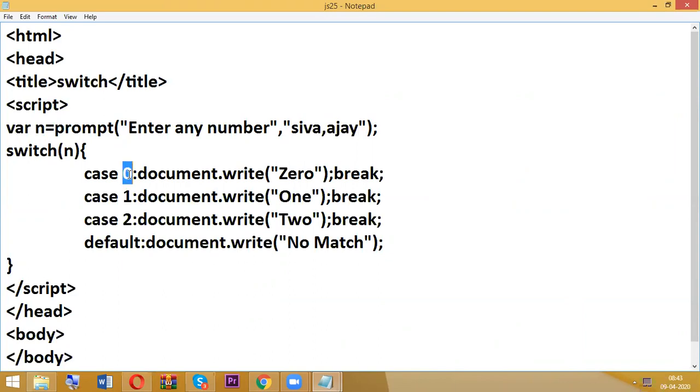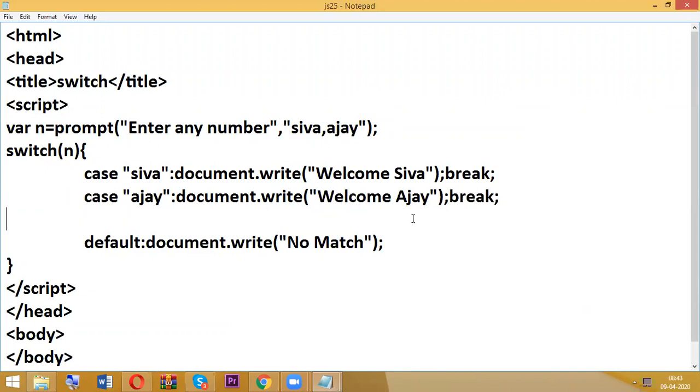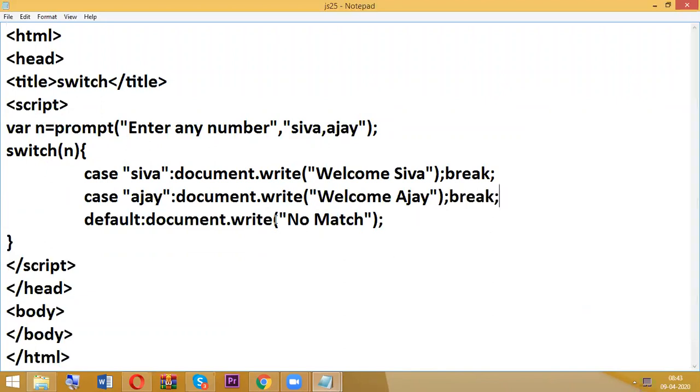Suppose if user enters Shiva, so string means quotations. So here I'm going to write a message called welcome Shiva. So if user enters Ajay, document dot write welcome Ajay. Suppose user enters other than that, no match.